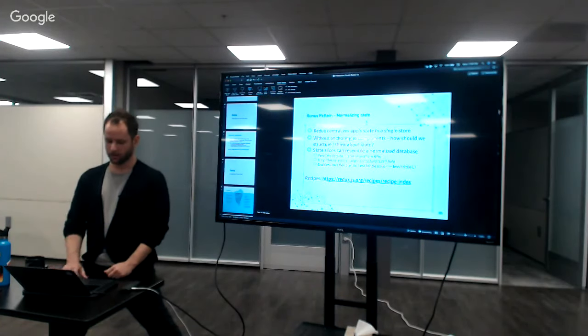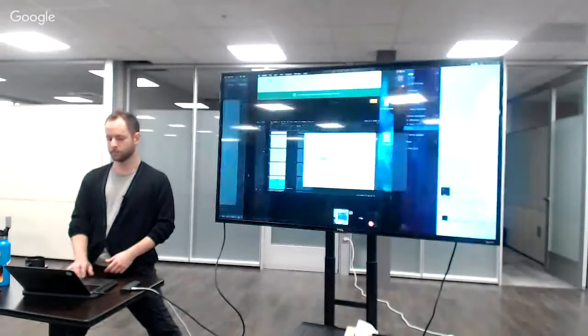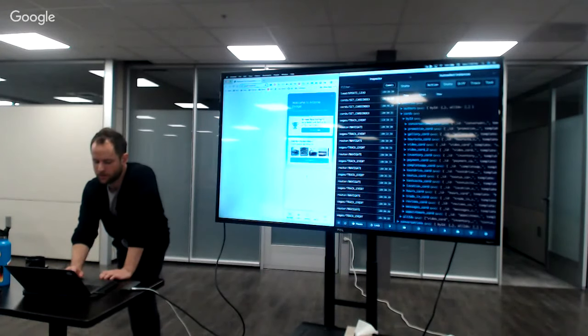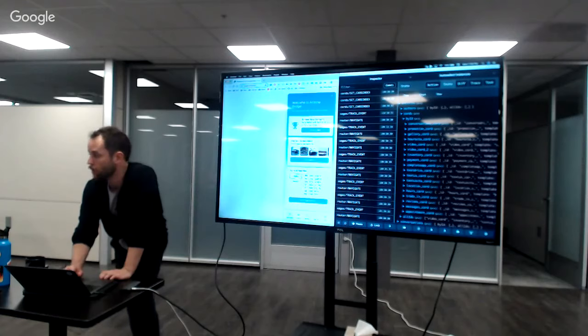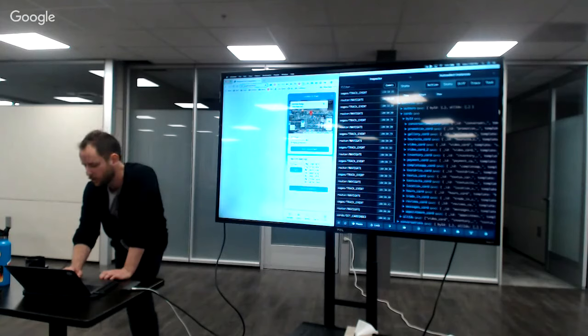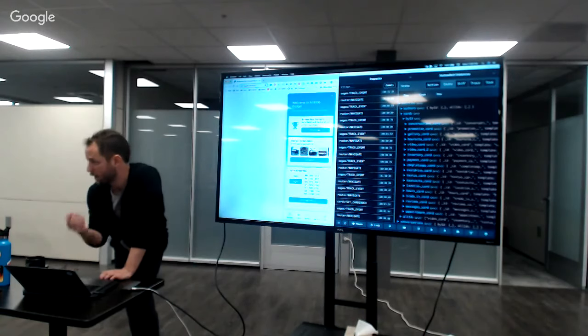So yeah, I kind of already showed you the demo, but this normalized state pattern allows you to do stuff like, I have this card that lives in my cards collection here, but I'm actually reusing it in different places in my application, right? So if I go to this info view, I've got this card. It's actually referencing the same thing inside of my state. So if I'm looking at the service section here, and I go back to this section, it's the same exact card, and it's referencing the same props that are living on state.